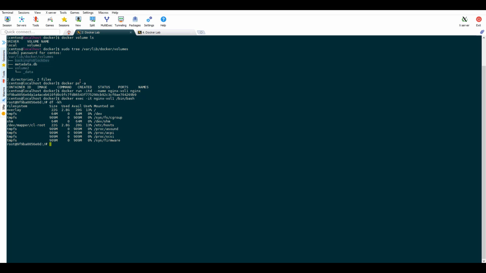Here we can see the default mount points that are created with the container. Now we will run another container, nginx-vol2, and mount our volume2 to this container.